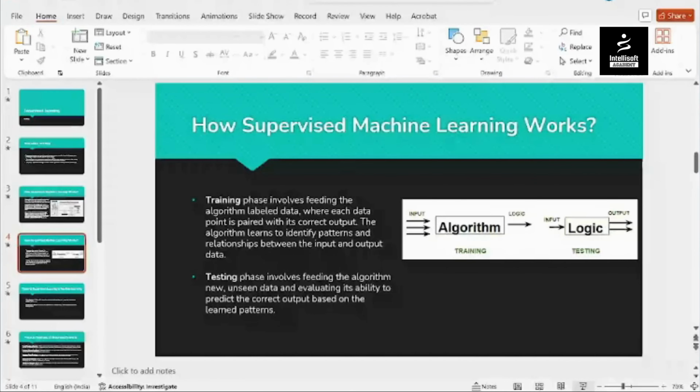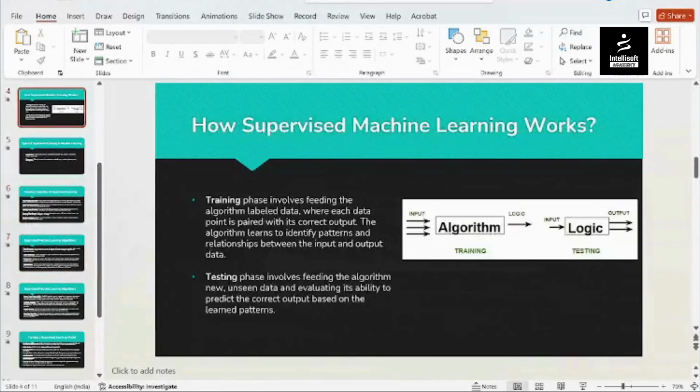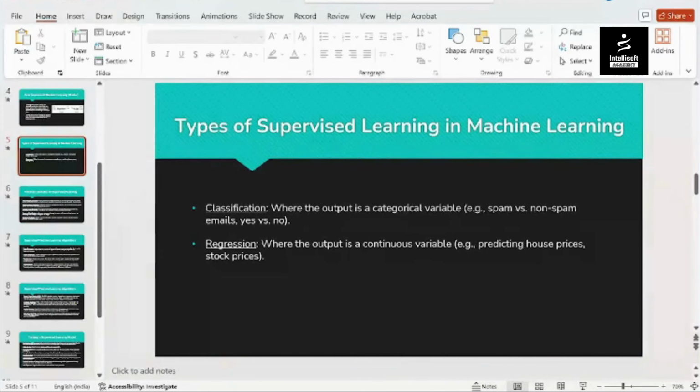So till here, any doubt? Arre, I'm on the seventh slide. Is the fifth slide visible to you now? Types of supervised learning and machine learning. So just go through it. I explained everything. Was I audible to you? Do I need to explain the fourth slide again? Classification and regression.